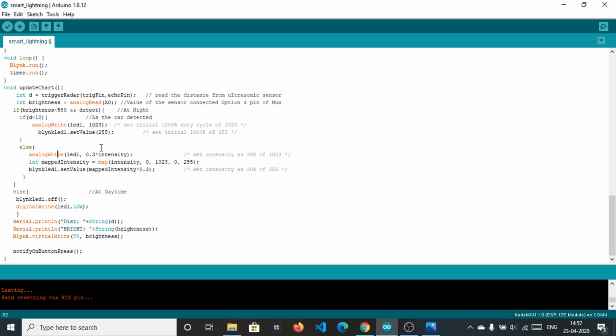Or you can also change it to just intensity, it will also be good, and also remove 0.3 here too.